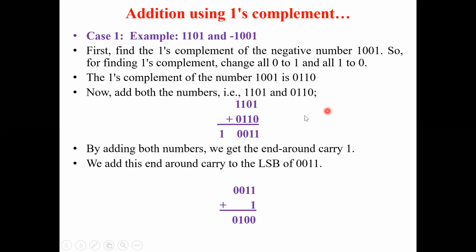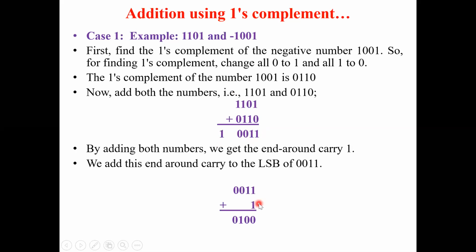What is the second step? I add the first number and the complement. The original number is 1101. Place one below the other, and add the complement we just found, 0110. Now add: 1 plus 0 is 1. 0 plus 1 is 1. 1 plus 1 is 0, carry 1. Then 1 plus that carry 1 plus 1 is again 0, carry 1, which comes down. So I'm getting a carry.